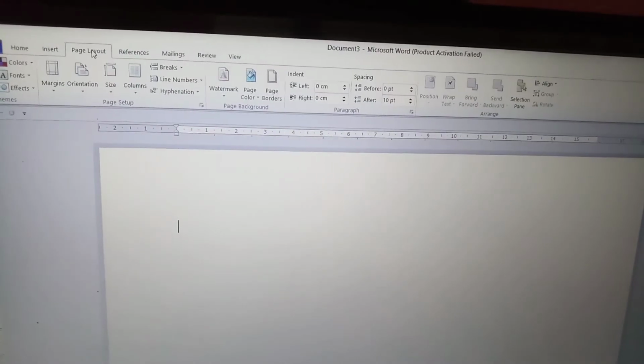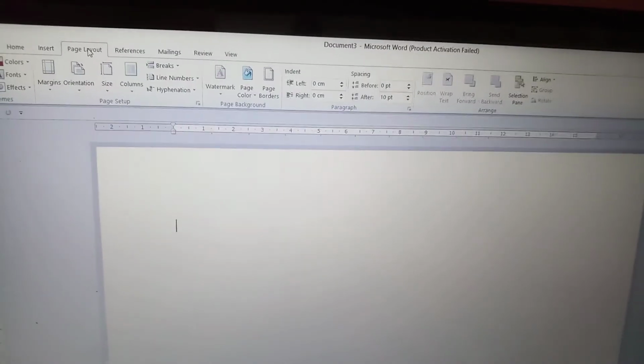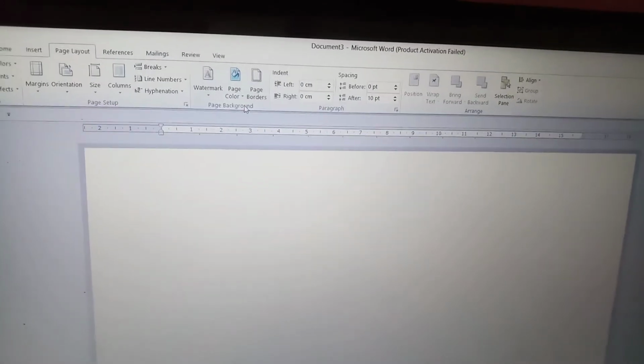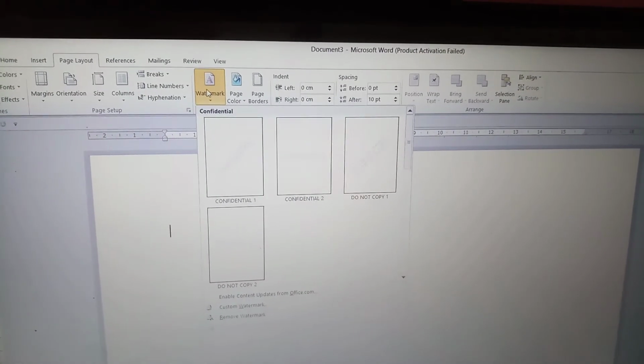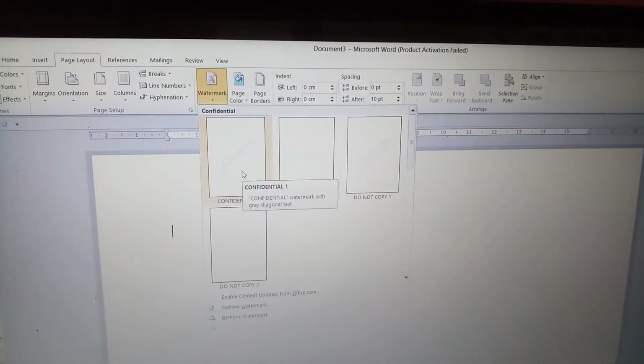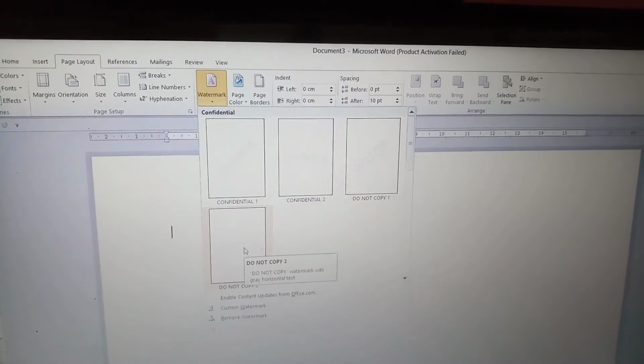For this, click on the Page Layout tab. Go to the Page Background group and select the Watermark option. Here you will get the list of the different watermark styles.